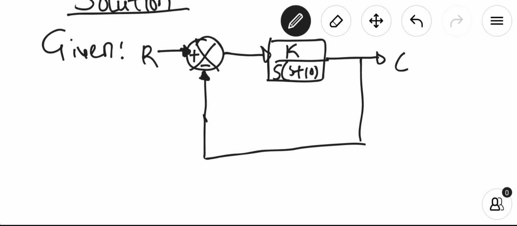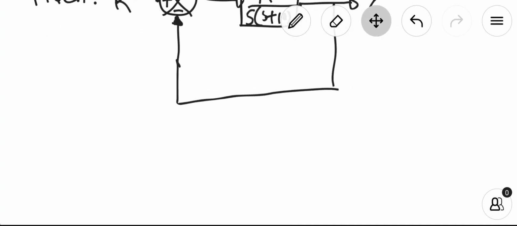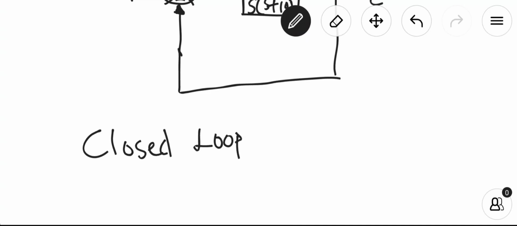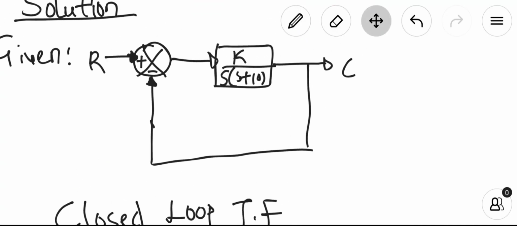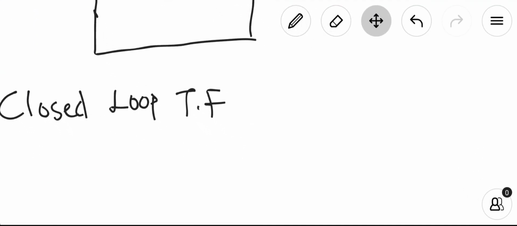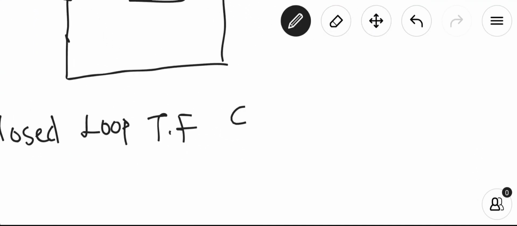Then this is the output, C. Now the closed loop transfer function is gotten by reducing this block diagram to its simplest form. And to get that,